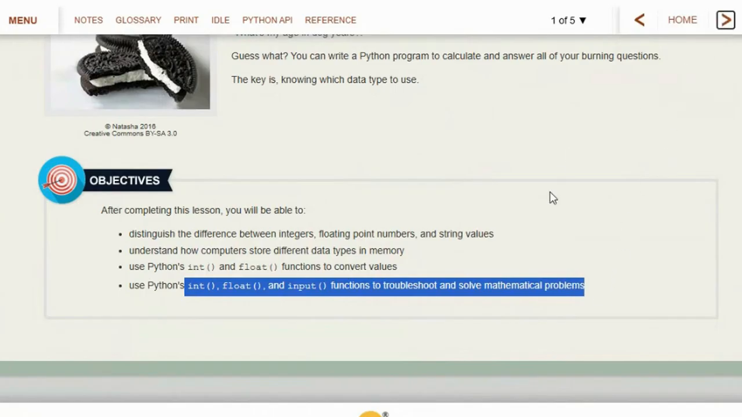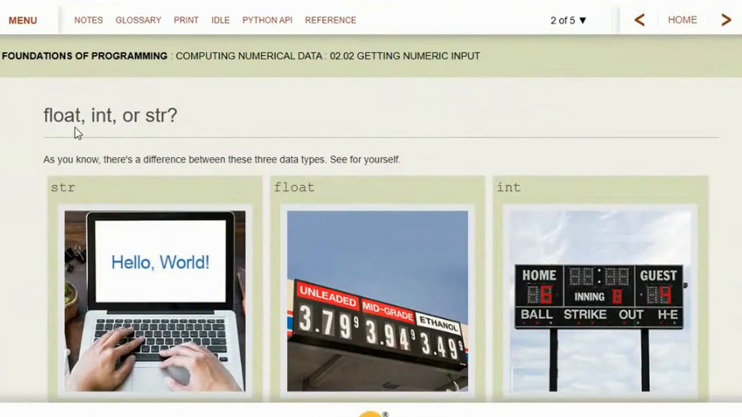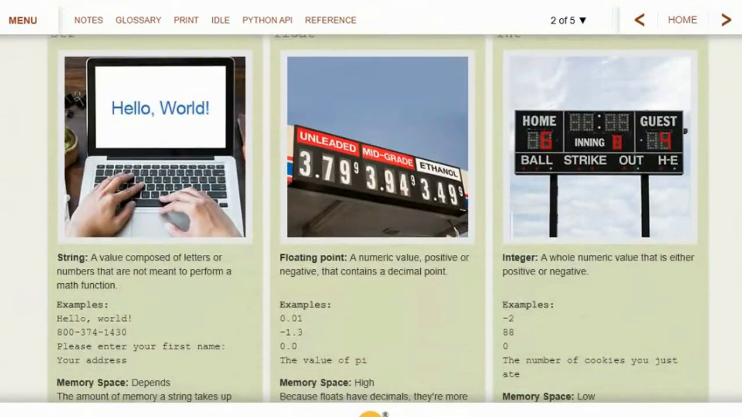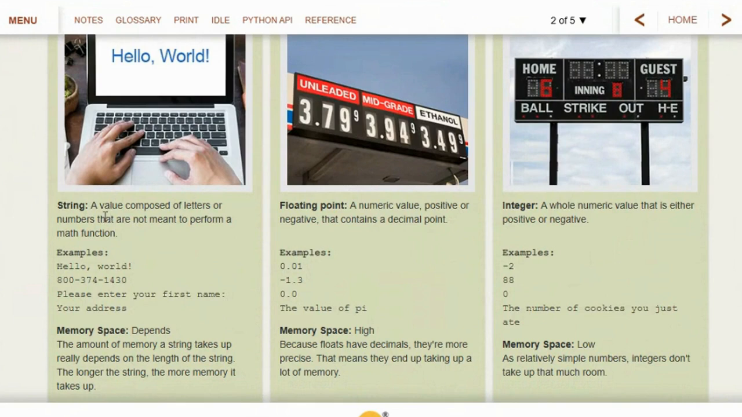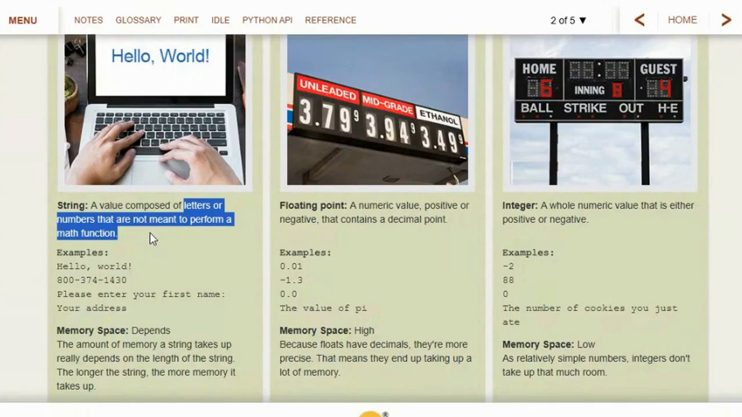So let's go to page 2 and see what we're talking about. Float, int, or string. Let's talk about floating point, integers, and strings. As you know, there's a difference between these 3 types of data, so let's compare them. The first one we're looking at is a string value. A string value is composed of letters or numbers that are not meant to be math, right? A string could include numbers. It could be all numbers, but it's not any kind of numbers that you would ever use in a calculation. For example, a phone number,